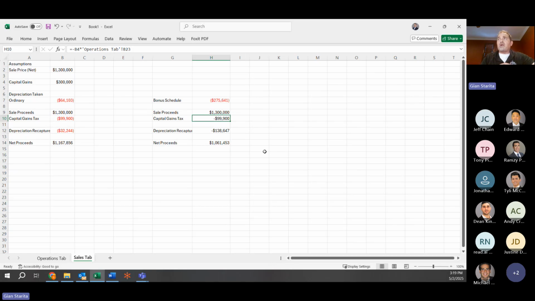So I was on a call a couple days ago with one of our brokers and one of our clients, and we were talking about whether or not they should do a 1031. Because look, if you do a 1031, you don't pay any of these taxes, right? If you do a 1031 and you die and your kids, or whoever your heirs are, get the property, nobody gets the capital gains tax. It goes away forever. Nobody's ever paid it. Nobody pays the depreciation recapture. So in some situations, 1031 exchanges can be pretty good.